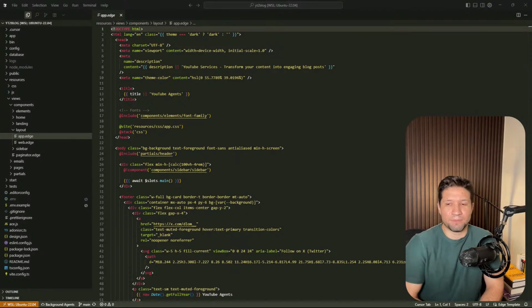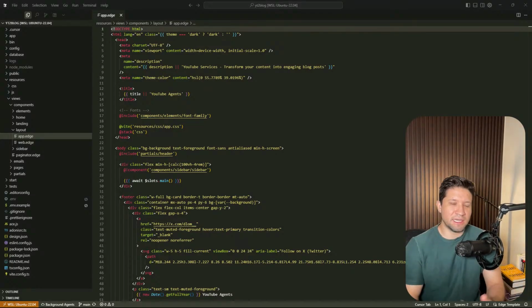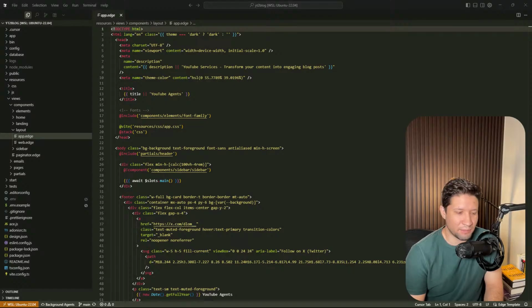Adonis is a Laravel-like framework, but it is trying to use the same structure paradigms and way to make a web app like Laravel, but in the JavaScript world. So Laravel is for PHP. I really like that framework, but we decided to change the way that we are developing new web apps to Adonis because